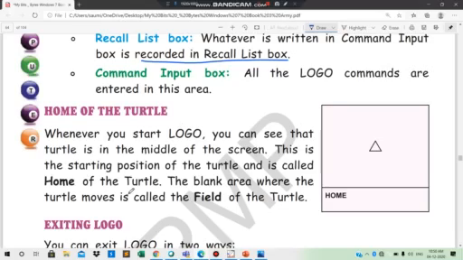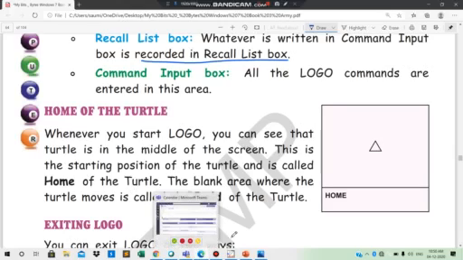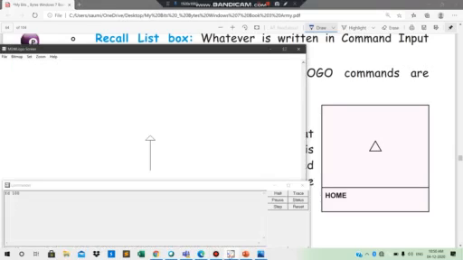फील्ड. ठीक है, तो जब हम लोगो स्टार्ट करते हैं तो हमें क्या पता चलता है? लोगो के स्टार्ट करने पे हम देखते हैं कि जो हमारा टर्टल है, वो कहाँ रहता है? वो सेंटर ऑफ द स्क्रीन रहता है. लोगो कहाँ दिखता है? सेंटर ऑफ द स्क्रीन पे हमें लोगो नजर आता है. तो जब हमें वो लोगो सेंटर ऑफ द स्क्रीन पे नजर आता है, तो अब हमें एक चीज और क्या पता चलती है? सेंटर ऑफ द स्क्रीन पे होने के साथ साथ